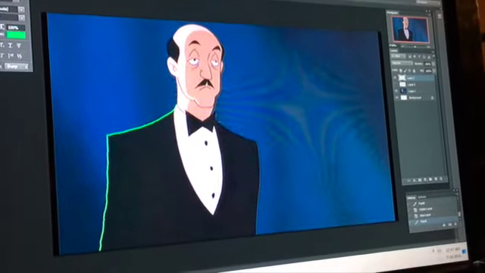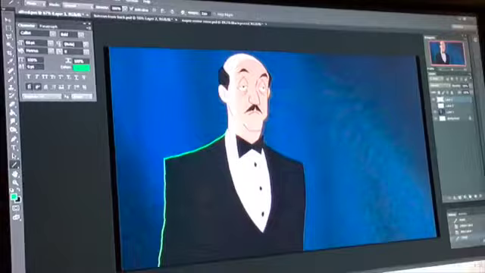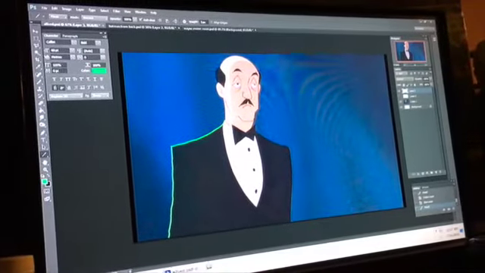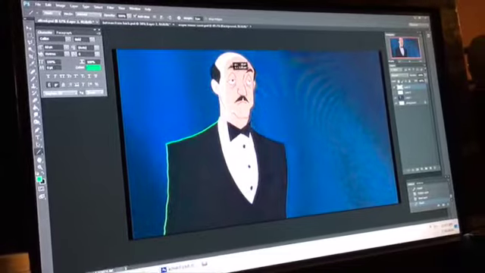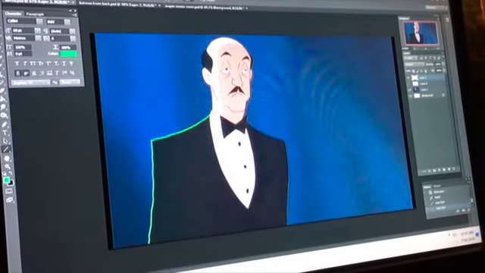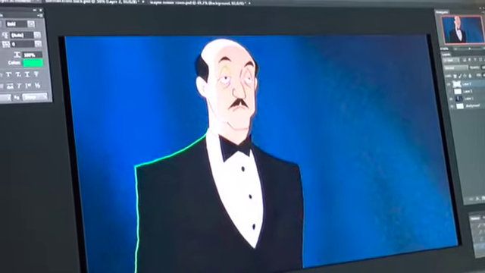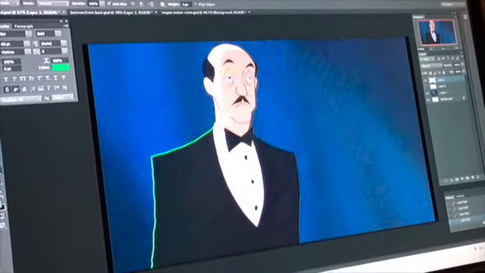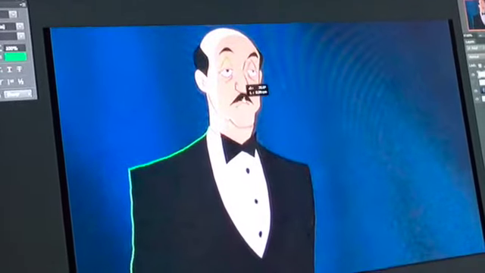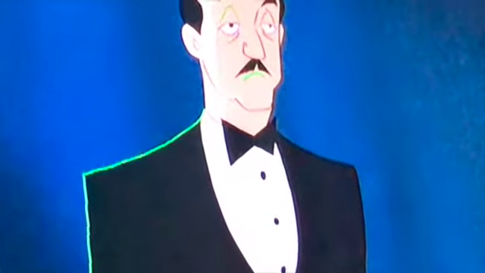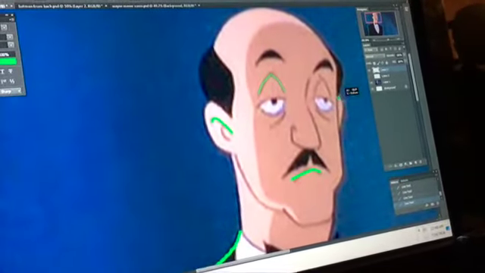Now, you can do this a couple of different ways. Some people like to use brushes or pencils or something like that. Since I have a really shaky hand, I like to use a line tool for this. You can essentially trace, and don't be afraid to zoom in and trace as much of the detail as you can. Don't worry about the shading and stuff like that, but all of the actual hard lines is